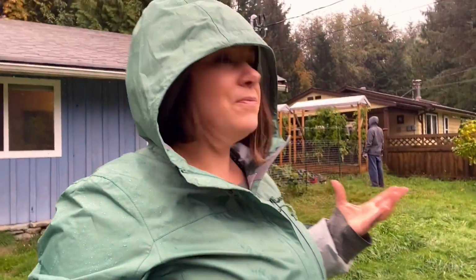But this week we are now feeling the push because, as you can probably see, it is raining. It is nasty out here. And anything that is left out here that needs to be pulled out is just gonna rot if we leave it out in the rain any longer. So we wanna start pulling some more things in from the garden. Specifically today, we are going to be pulling in our pumpkins and winter squash. We have a bunch in our garden that still need to be harvested,